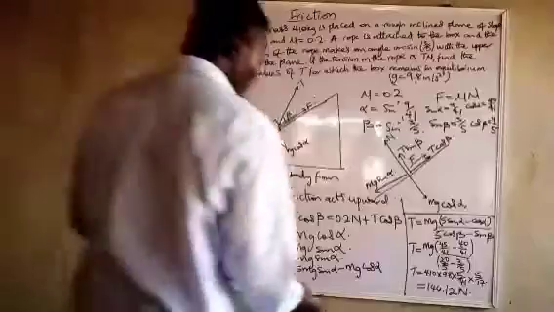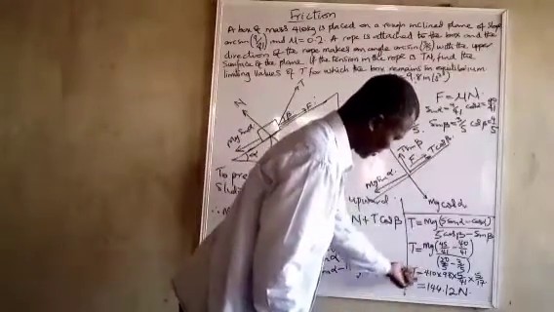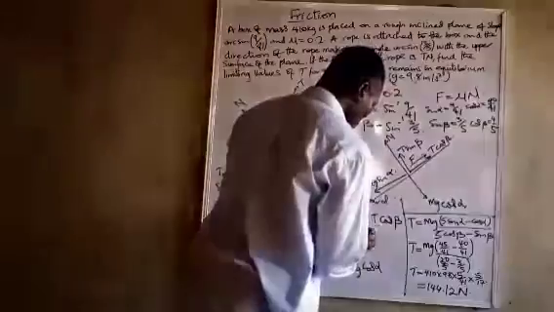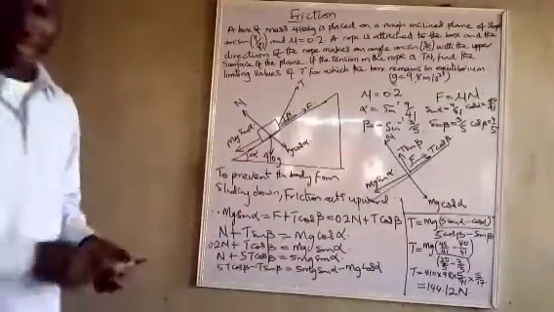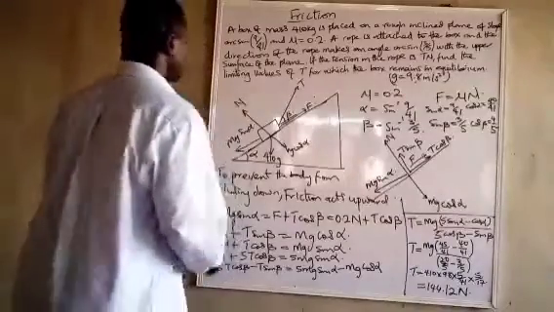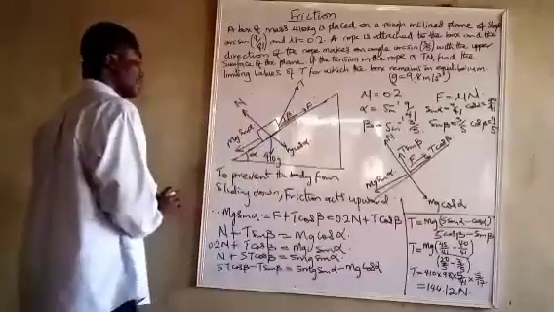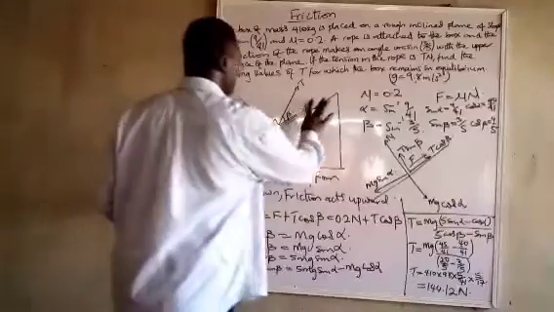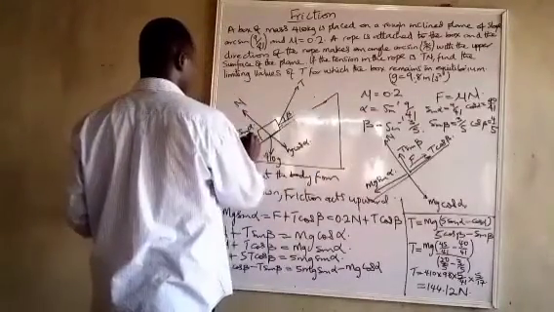After getting this, I substituted here. So T equals 144.12 newtons. That is to prevent the body from going downwards. Now, if at a point T is increased to the extent that the body starts sliding up at constant velocity, it means that this F will have to act downward. And so